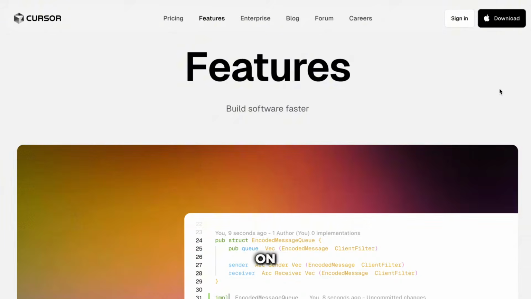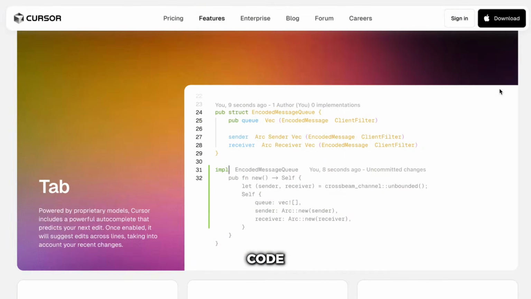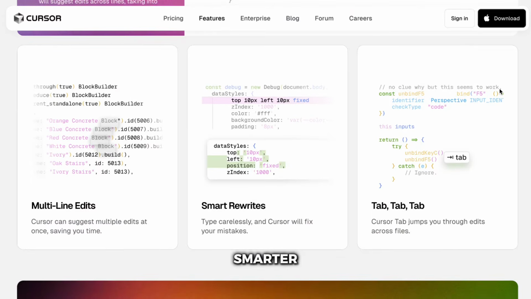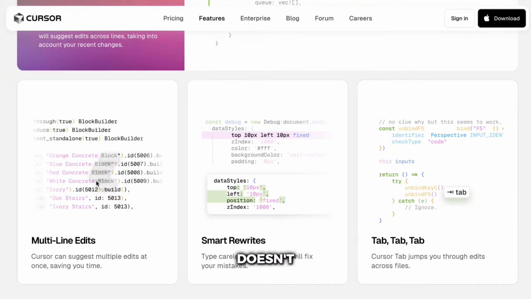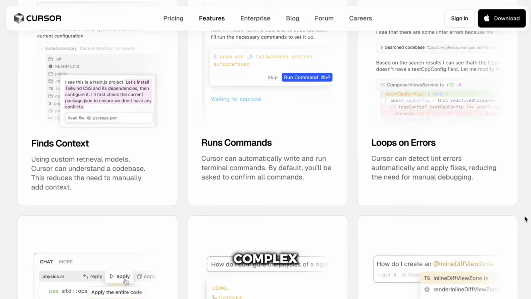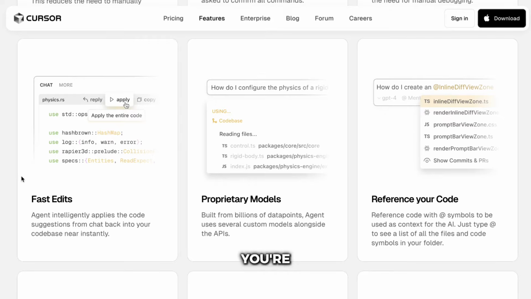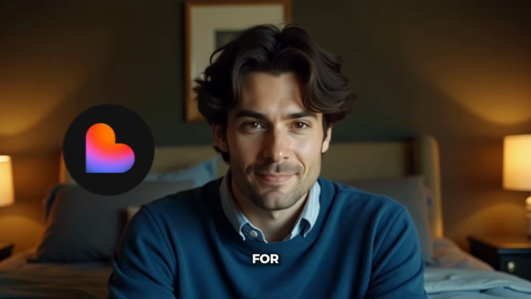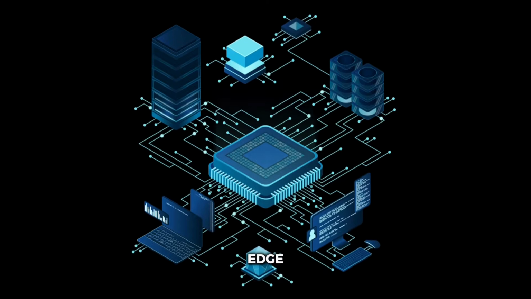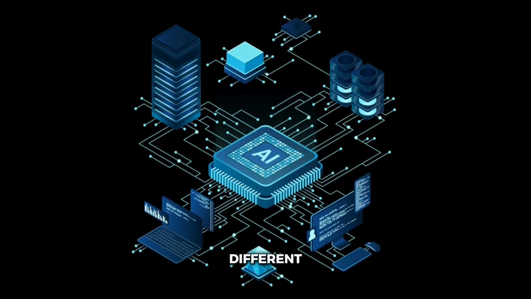of code. Cursor, on the other hand, is an AI-powered code editor that's built for developers. Think of it as Visual Studio Code's smarter, AI-enhanced cousin. It doesn't build apps for you. Instead, it makes you a dramatically more efficient programmer. It can write code with you, understand your entire code base, refactor complex functions, and even predict what you're trying to build before you finish typing. So we're essentially comparing a build-it-for-me approach versus a help-me-build-it-better approach. Both use cutting-edge AI, but they serve completely different workflows.